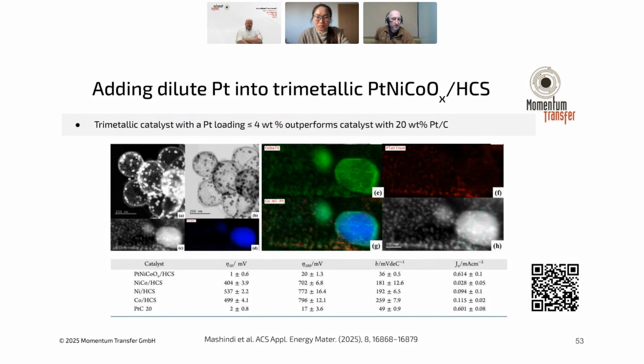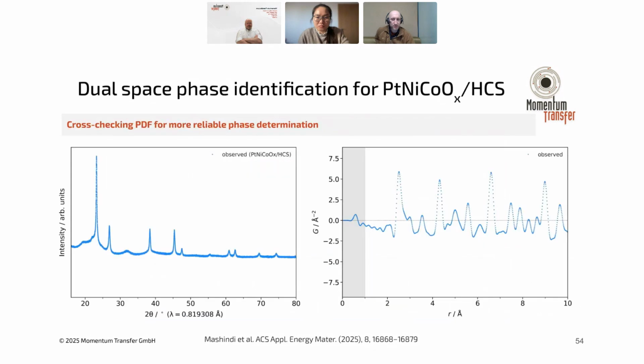And you can see, okay, there's quite large cobalt particles, and there might be some core-shell formations with the cobalt nickel, and then we have quite small domains of platinum. And so we want to see that in the diffraction as well. So diffraction looks